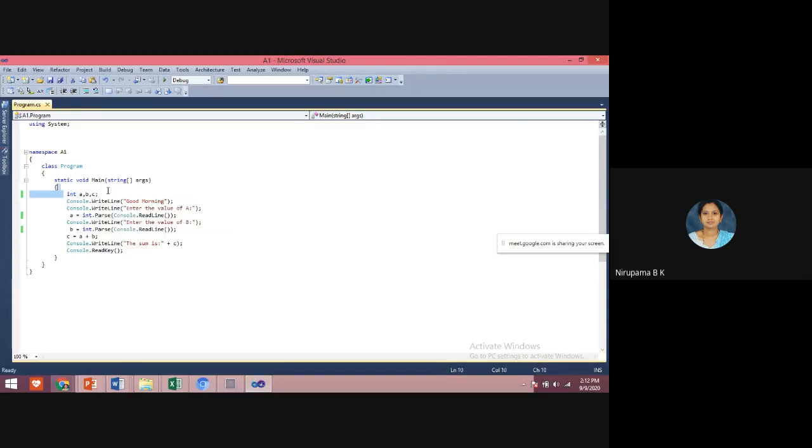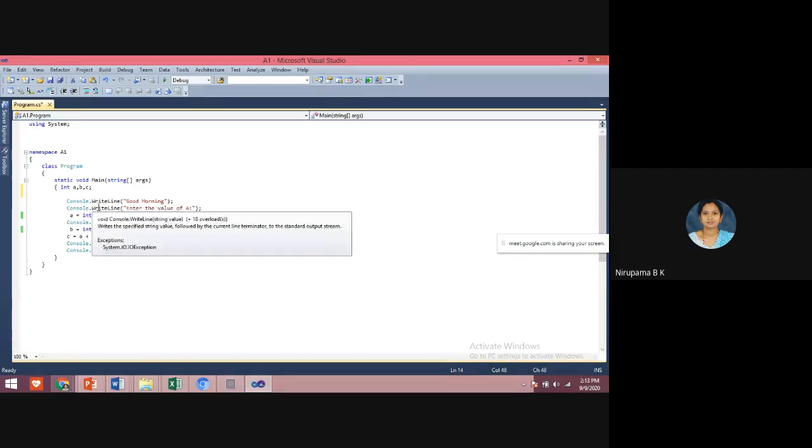First, I have declared the variables a, b, c, and the values of a, b, c I am taking from the keyboard. Listen carefully, whatever the first value I take from the keyboard, that will be parsed into the integer data type, and that value will be stored in the variable a.